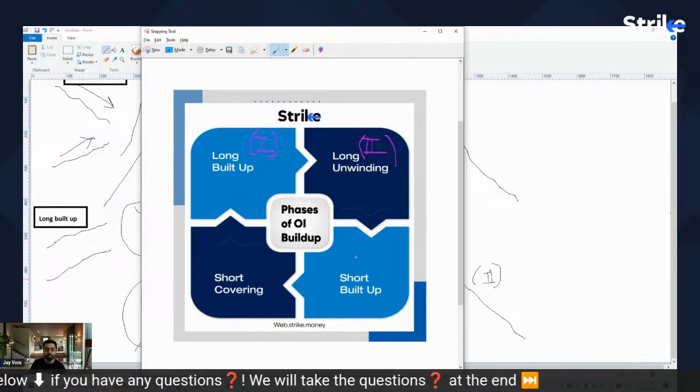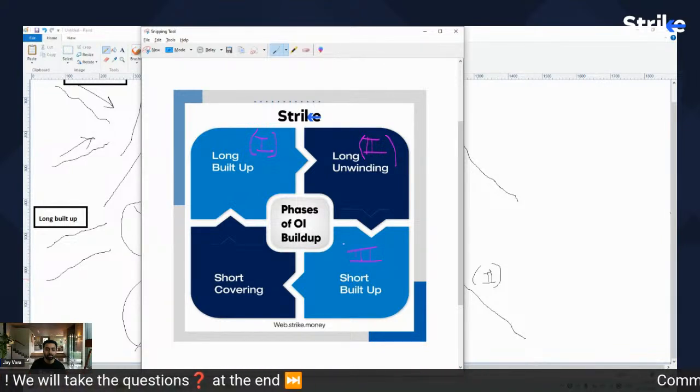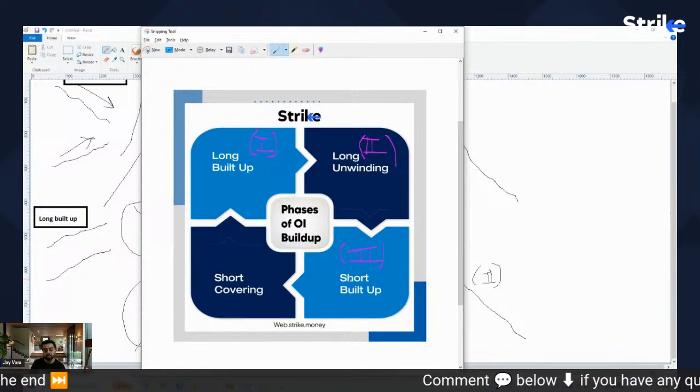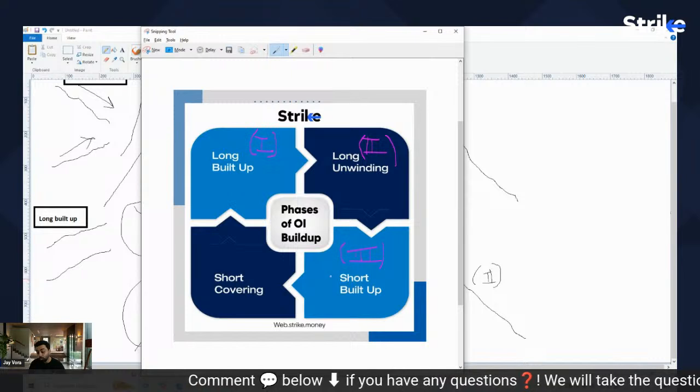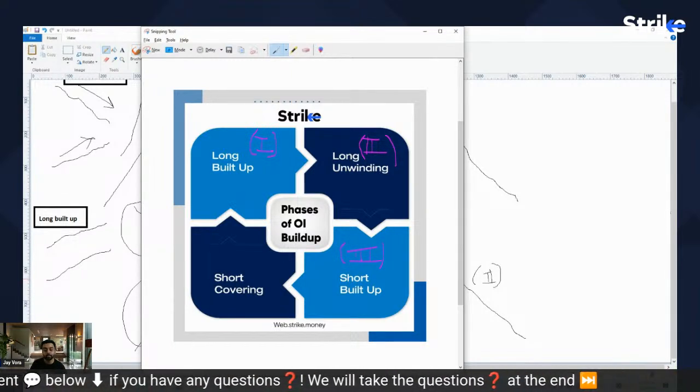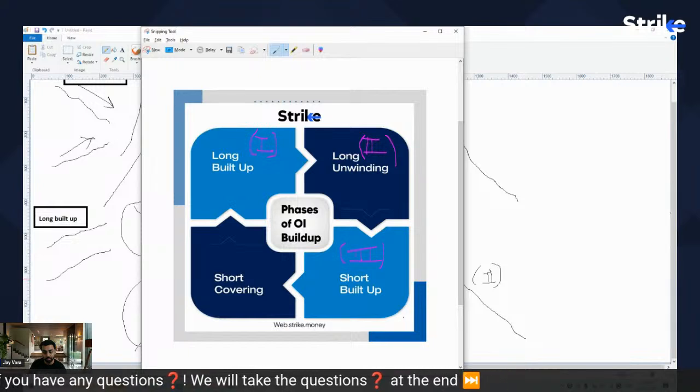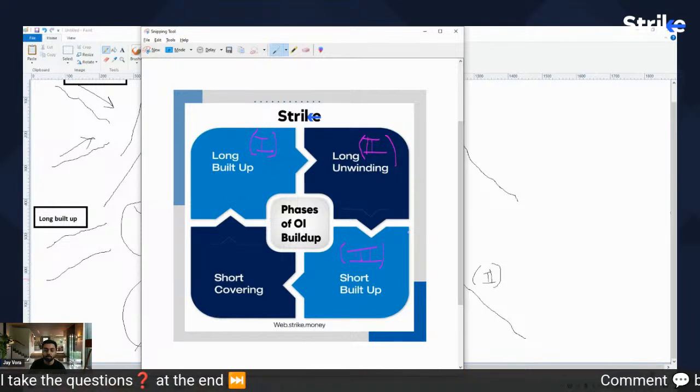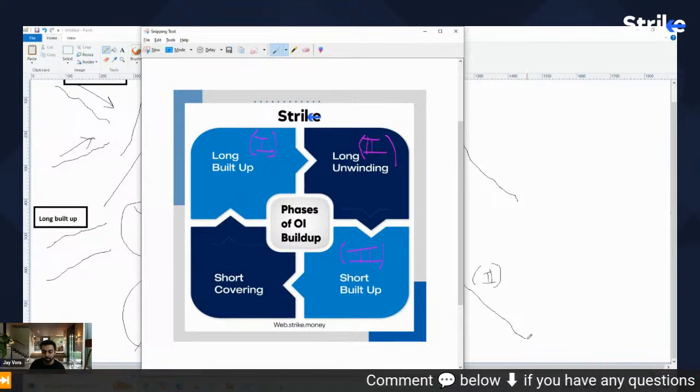Then what we see is stage 3, that is short build up. As I told you, we have to watch this phase when we are approaching the end, and to know whether it is ending or not is a little tricky. But when we finish this presentation, hopefully you will be in a position to understand. If not, there will be a Q&A session and I'm happy to clarify all your doubts.